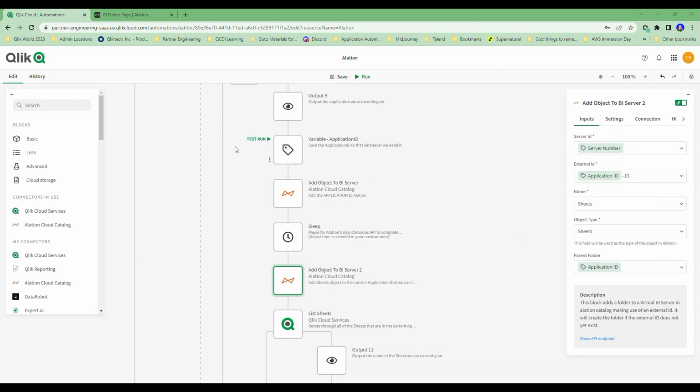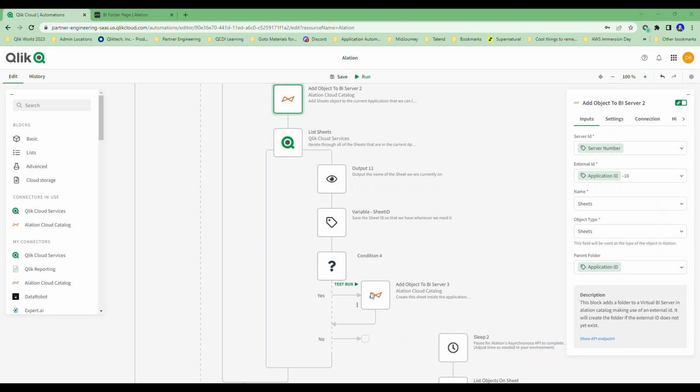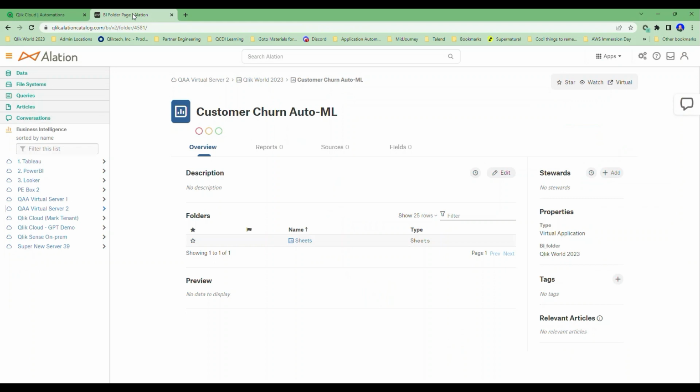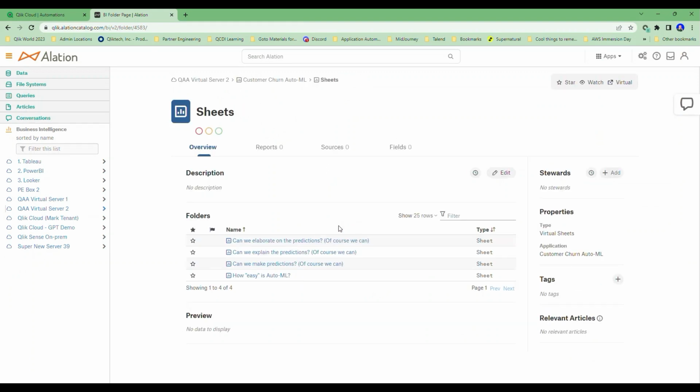What it would end up happening now is when I add a sheet, you'll notice that the parent folder needs to be the application ID minus 10 as well. And that could be any other string you want concatenated to it. So that if I'm looking at an application, and now this is in a different virtual server, you'll see that it has a block for sheets that is the sheets type. And if I go into it, I can then see each of the sheets